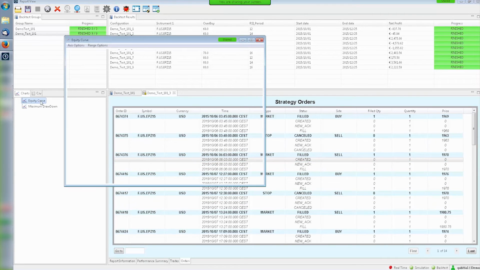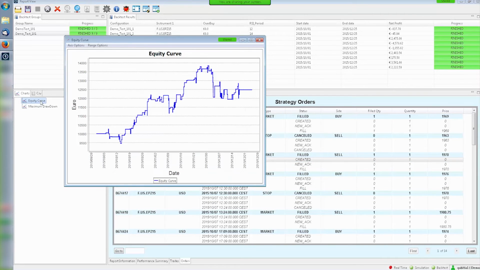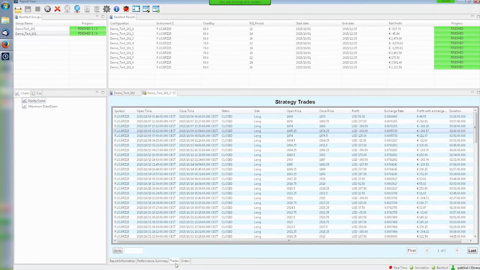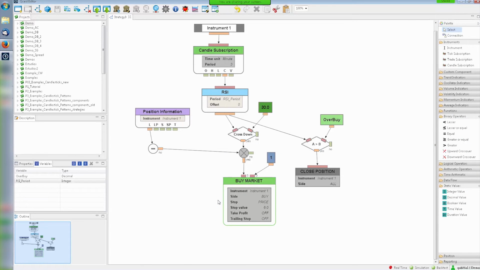Some performance plots, of course. So this is the main way of analyzing all of the results of the backtest. So you can step by step improve your strategy, and when you find a good strategy, you can execute this strategy. And it's as simple as launching the backtest,